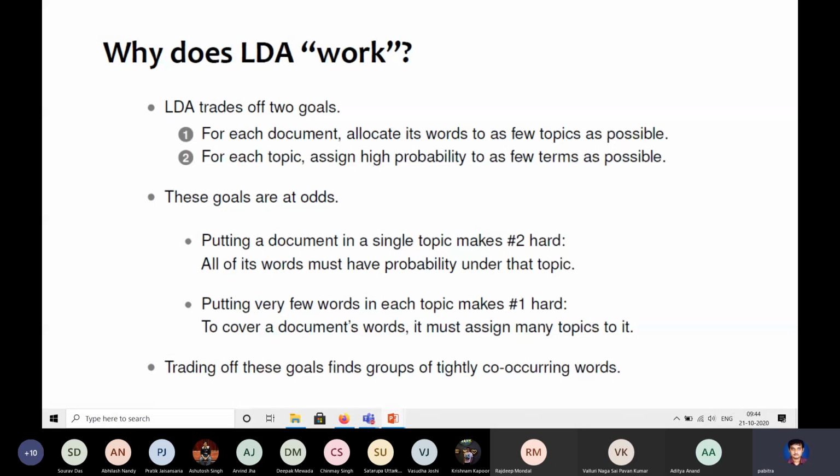So what I do is that I stop here for today. In the next class, we will discuss how to estimate the parameters of the Dirichlet distributions and the multinomial distributions. And we'll use not exact inferencing, we'll use approximate inferencing. There are two ways of approximate inferencing you have studied: variational inference and sampling. You can use both, but we'll start with sampling. We'll start with Gibbs sampling and see how we estimate.